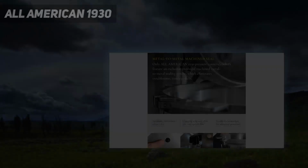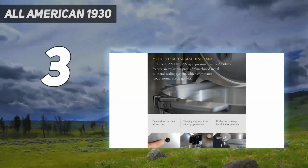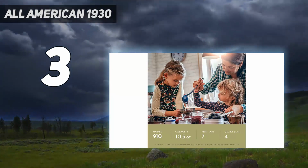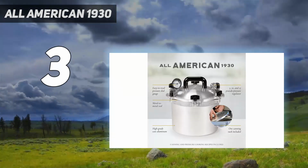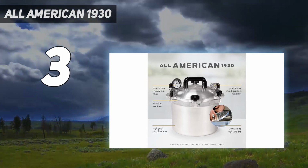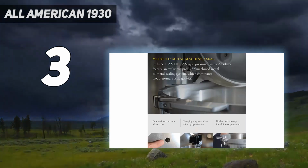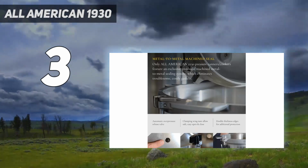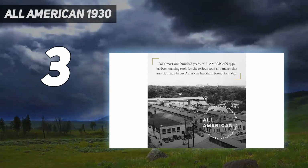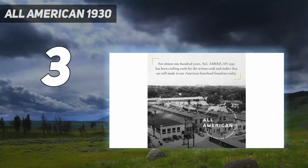At number 3. All-American 1930. If you can small batches and treat your pressure canner with love, a small capacity canner can last a lifetime. All-American makes some of the sturdiest and most reliable canners out there, but they're also among the heaviest and most expensive. This 10.5 quart pressure canner is among the smallest on the market that meets NCHFP guidelines, holding